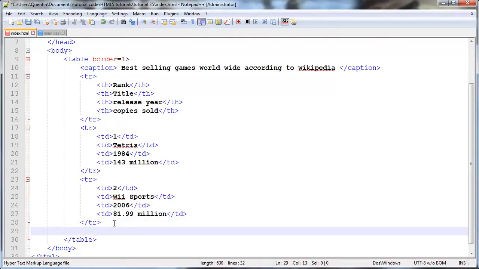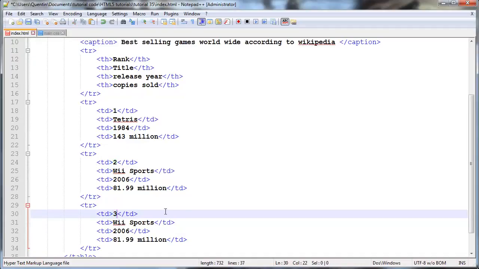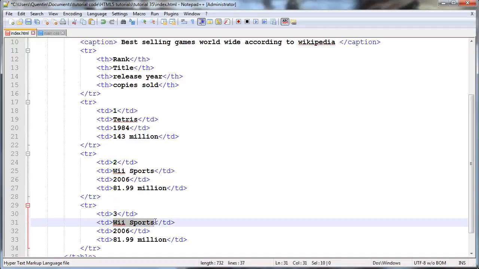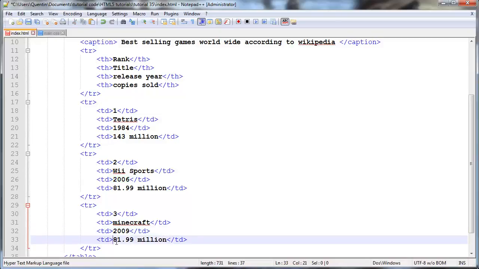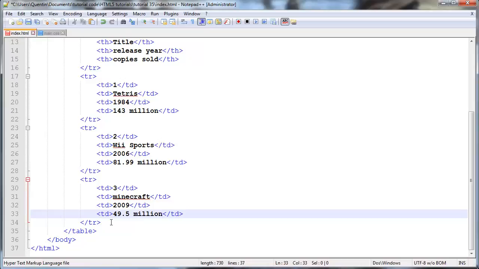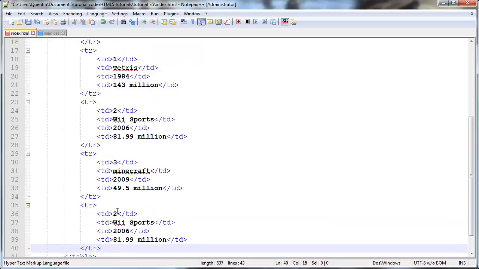So the third most selling game in the world, which I find to be quite crazy, is actually Minecraft, and that is super insane because it really isn't the best game in the world, or most fun game in the world. But if you guys play Minecraft, I'm sorry to offend you, but I have also played Minecraft. I've bought it, and it's cool, but not that cool. Okay, so 49.5 million copies of Minecraft sold worldwide,